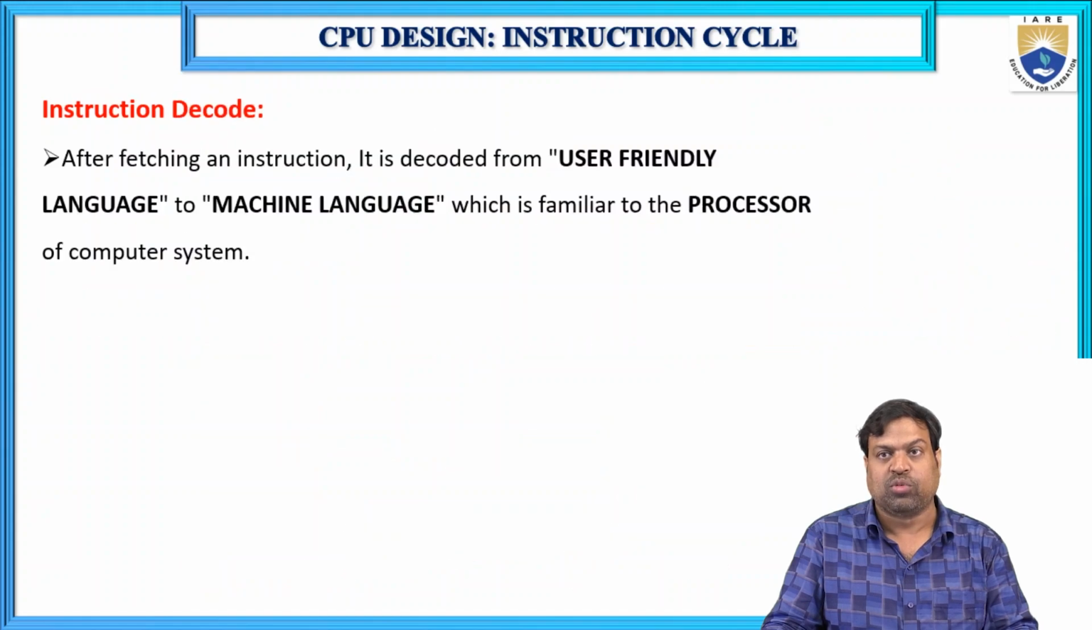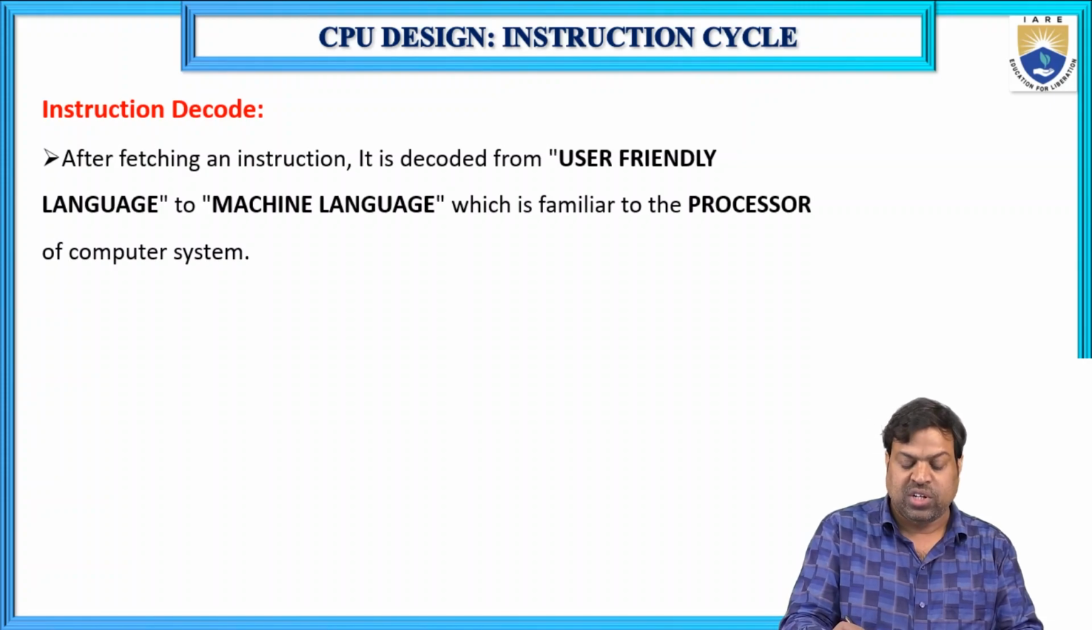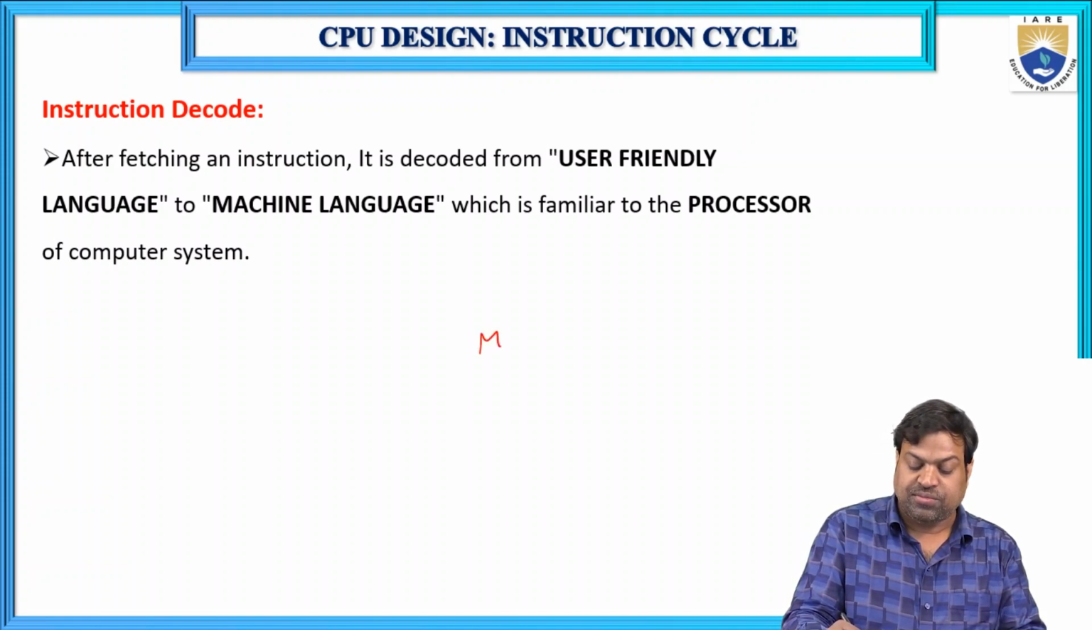That is a program counter. So, instruction decode. After fetching the instruction, it is decoded into a user-friendly language or machine language, which is familiar to the processor of the computer. Suppose I am going for the move AX, BX,